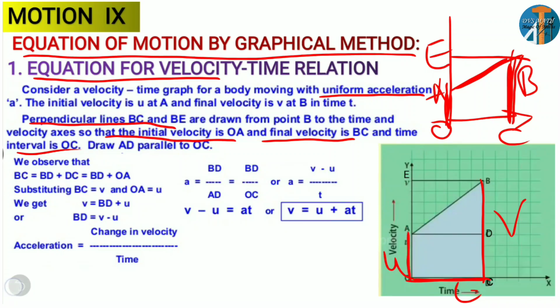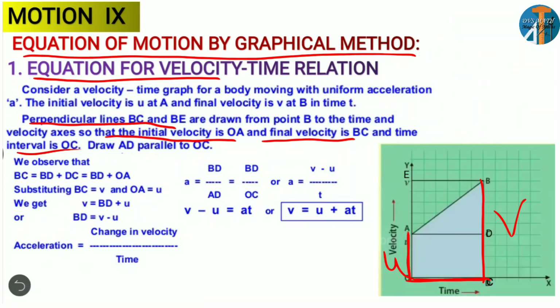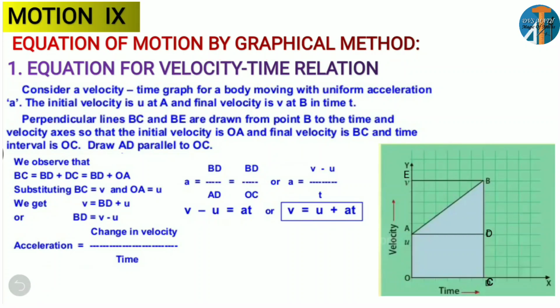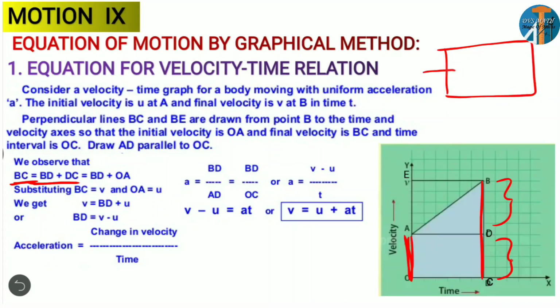Now let us observe the figure. After all the construction we got the final figure like this. Now observe BC. How can we write it? BC is BD plus DC, right? Let BD be as it is. DC we can take as OA, because they are parallel. As we all know, in a rectangle opposite sides are equal. So in the place of DC we can substitute OA.